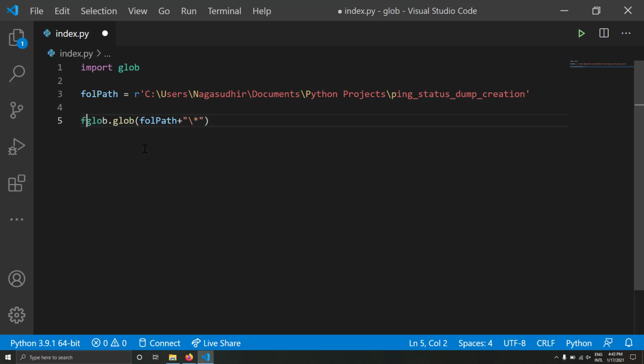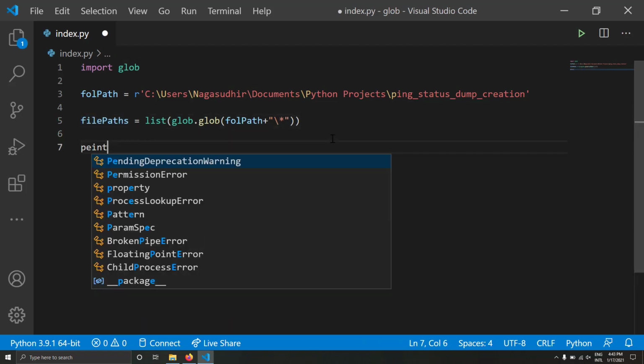So if I write file_paths equal to, this is basically an iterable object which contains the full file paths of each file inside the folder. In order to convert it to a list, I'll just write list. That's all. So using this glob function, I'm getting the file path of each file inside this folder into each element of a list called file_paths.